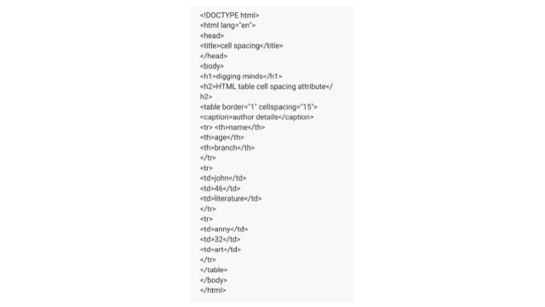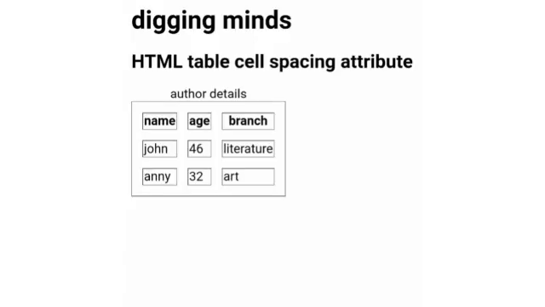So moving on to the program, let's include the mandatory tags: HTML, head, and title including the cell spacing. Now the body, consisting of the size of the image, text, table border, cell spacing value, caption and all the required tags to create a table. Now end the program by closing the tags including the tr tag, table, body and HTML. Moving to the program, we can see more space in the table.